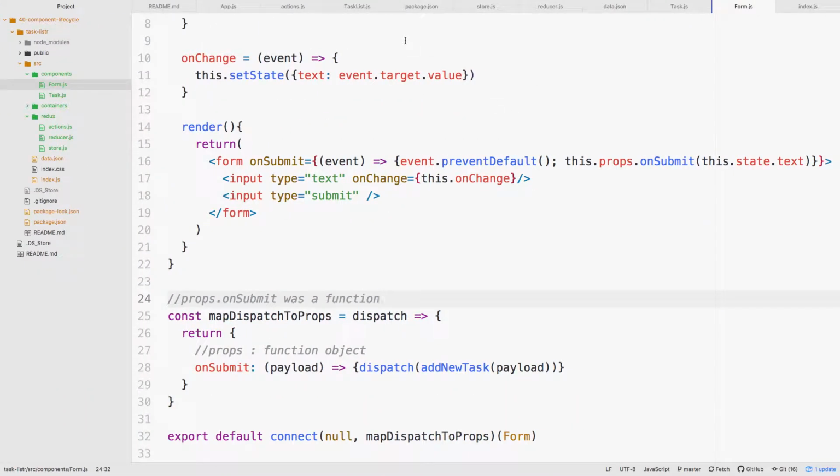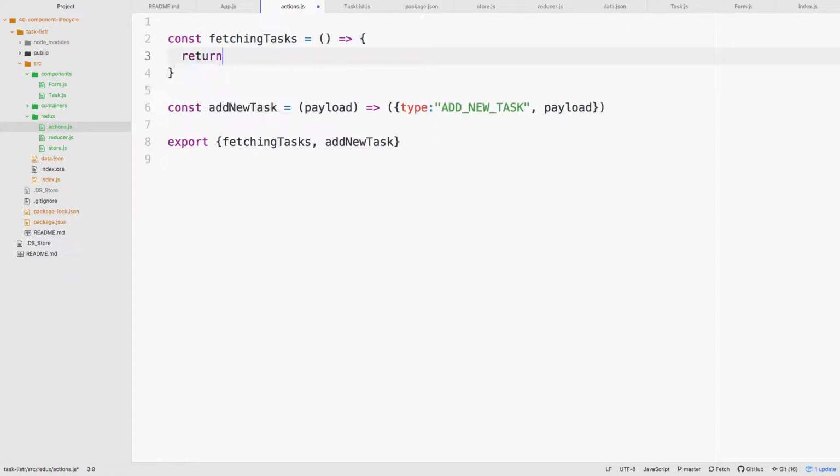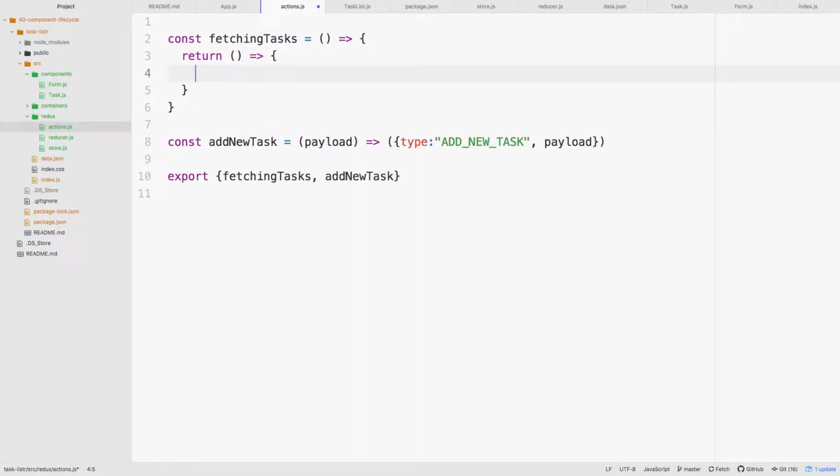We were working on the thunk. So inside the actions, right now this fetching task is returning an action. What thunk will allow us to do is instead of returning an action object, we can return a function. So instead of saying, hey, we are fetching the task, we want to actually make a call to our database. And then once that's done, we can dispatch a type like fetching task, or say like, oh, the task has been fetched. So instead of returning an action, I'm going to attempt to return a function that lets me